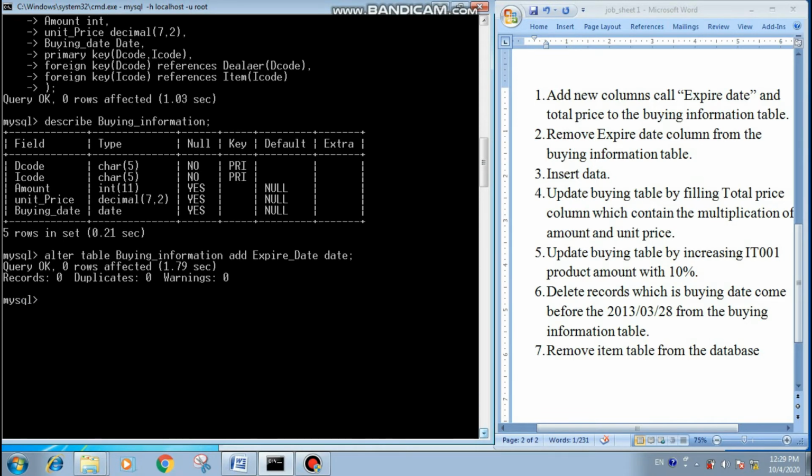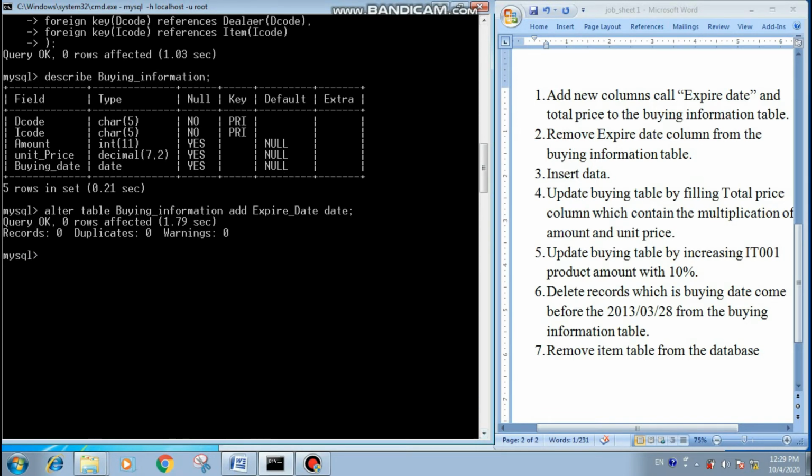Now I am going to add the total price field to this table. For that again I am going to use the alter keyword. Here I use the up and down arrow keys to obtain the previously typed command. You can see now we are going to add the total price field. Its data type is decimal.